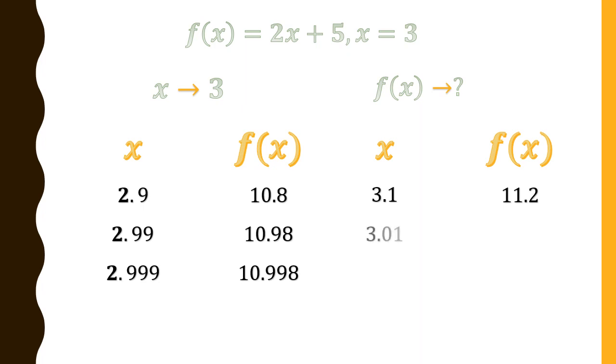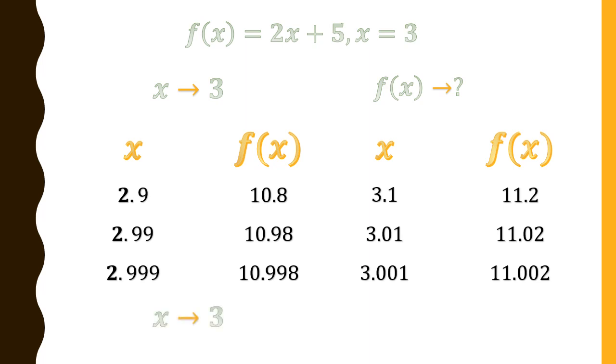Okay. Then let's take another value. Now this is a smaller value than 3.1: 3.01, and 3.01 is a lot nearer to 3. So when I put this into our equation 2x plus 5, I will get 11.02. Getting my point here? And then I will take 3.001, and when I put this into my equation, I get 11.002. Okay, so by observing our table here,